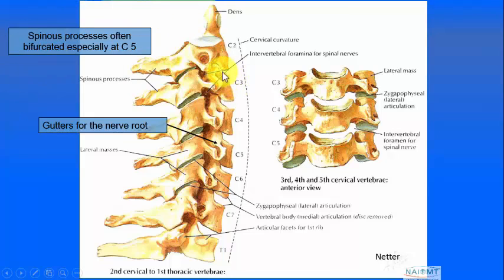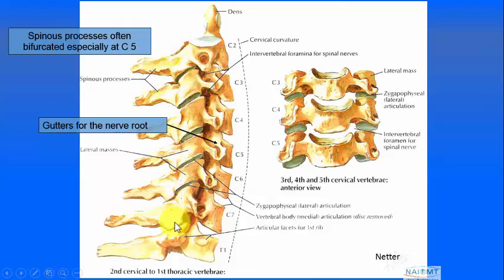The discs are missing in the interbody joint here, but we can see the facet joint, or the zygapophyseal, or the Z joint. We see the lateral recess where the intervertebral foramen occurs, and in this foramen exits the nerve root and enters the radicular arteries, and that nerve root comes out what we often refer to as the gutters for the nerve root. When we talk about the articular pillar, this is what we're referring to, this column of blocks